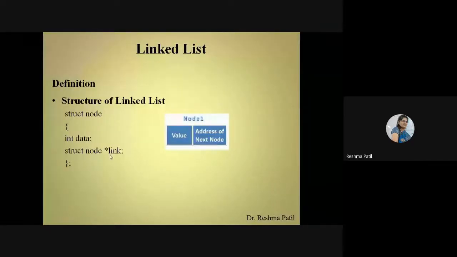This is the name of the structure. If particular structure containing pointer to itself, that is called as a self-referential structure. So in linked list, we are going to use this part only, self-referential structure. Implementation of self-referential structure is linked list. So this is the basic structure of linked list. Understood this part? So every time there is a linked list, singly linked list, you have to write this structure.